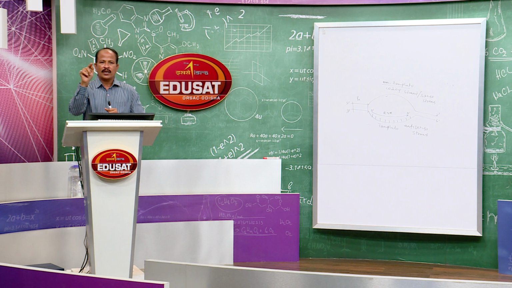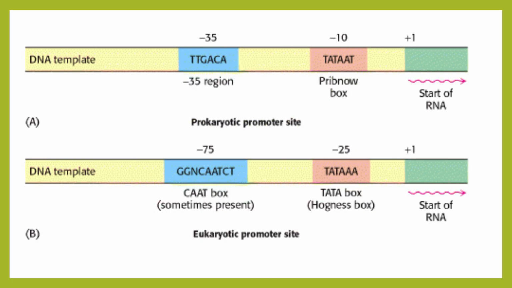The enzyme has a sigma factor, I will come to that. That sigma factor recognizes the promoter. So, promoter is important. When promoters of all the genes in prokaryotes were sequenced and compared, it was found that upstream, that is towards the 5' end, towards the -10 base sequence, there is a consensus sequence.